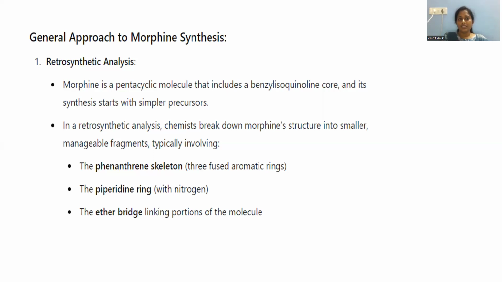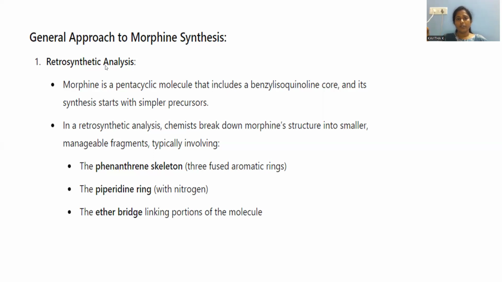The synthesis is carried out in two ways based on the direction. Normal synthesis denotes what? From the starting material, slowly we are upgrading towards the product formation. Retrosynthesis means the reciprocal. Whatever product is there, slowly we are degrading it in order to get the starting material, a reverse direction. Right.